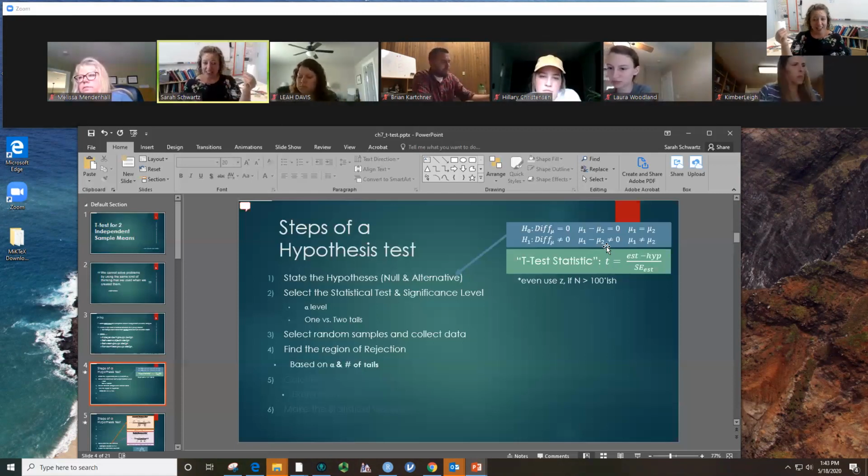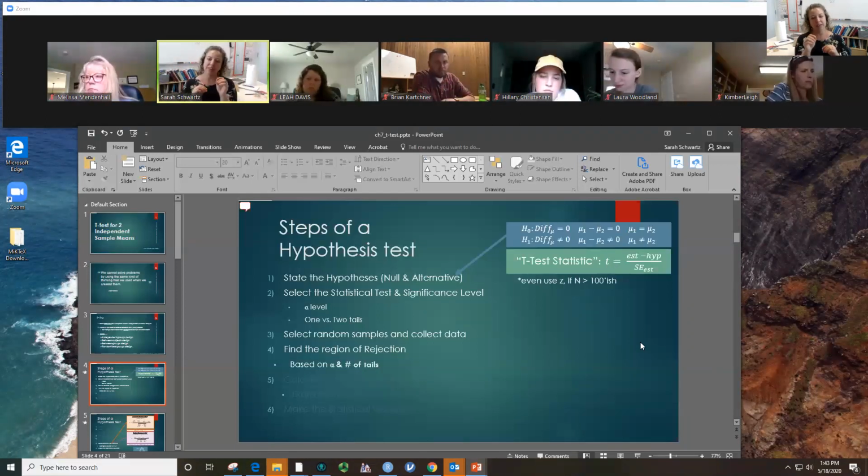We're going to still calculate a t statistic, and this t statistic in this green box looks pretty much like every other one we've seen. It's the estimated sample value minus the hypothesized null hypothesis value divided by the standard error. That general format's the same. Exactly what we put in there will be a little bit different. Now there's an asterisk under that green box. Just like in a t-test, what happens with the t-test? If we have a small sample, our degrees of freedom,